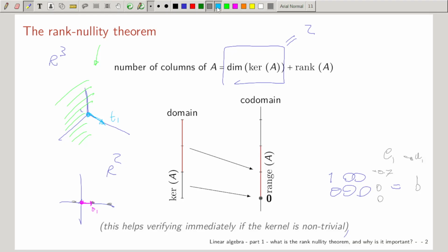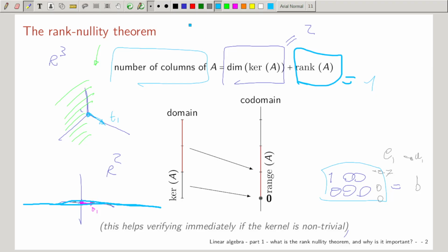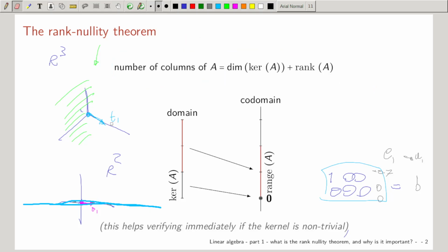What is the range of A? The range of A is going to be this whole subspace. True? Are we together? This one equals to 1. This one equals to 3. You see? Perfect. You do the considerations now, all the considerations, also the graphical ones, with the example that somebody